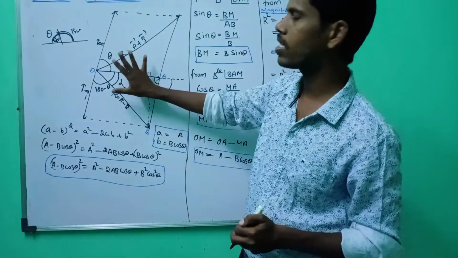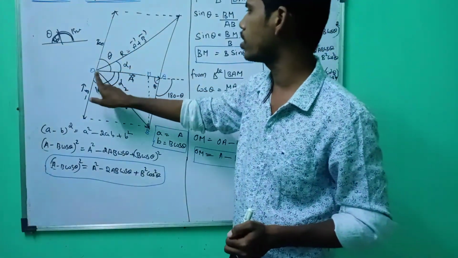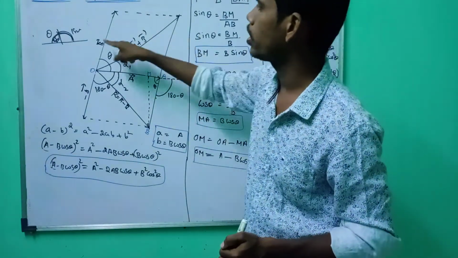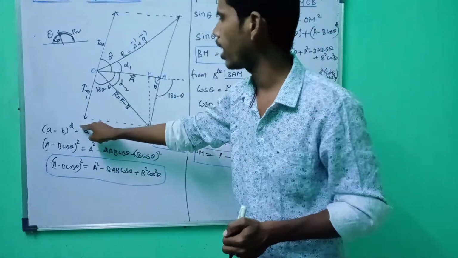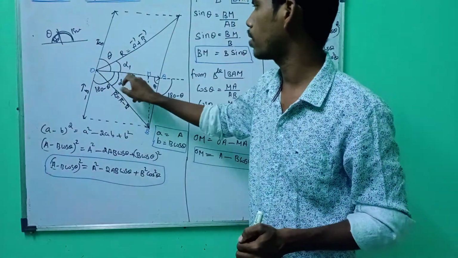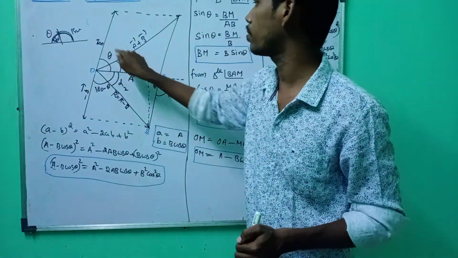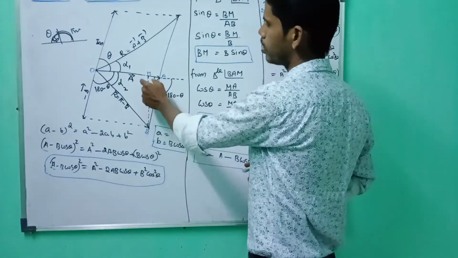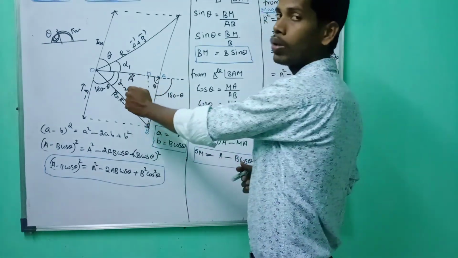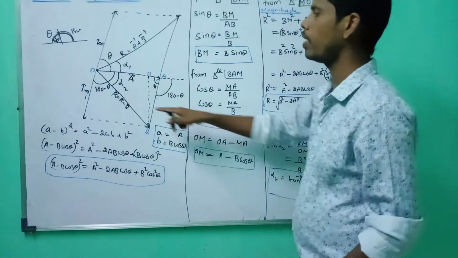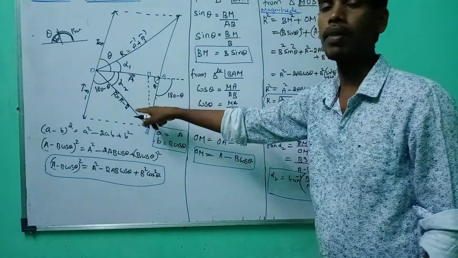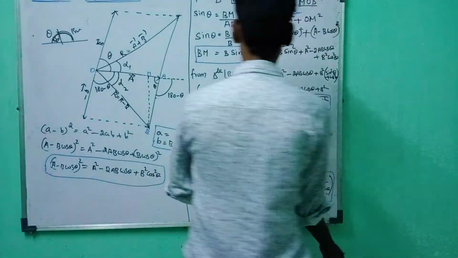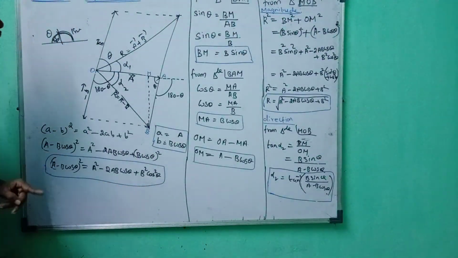First of all, you have to understand the diagram. This is A vector, this is B vector. I want the opposite of this vector, so I have drawn it like this, and this is the resultant vector of the two vectors. Simply I have drawn the normal for this term to get a right angle triangle. Only then can we find out the resultant vector. So I have formed this one. Once again I repeat, listen to me.